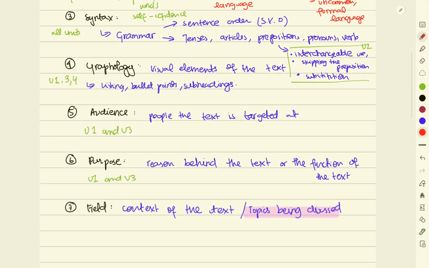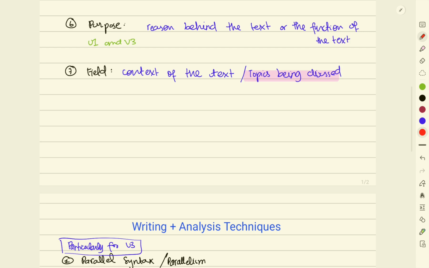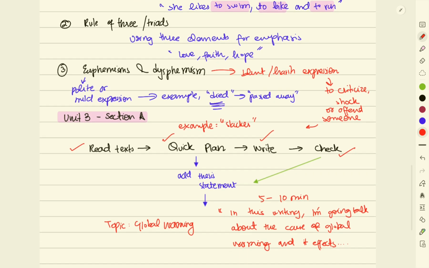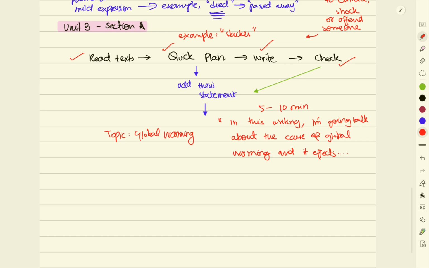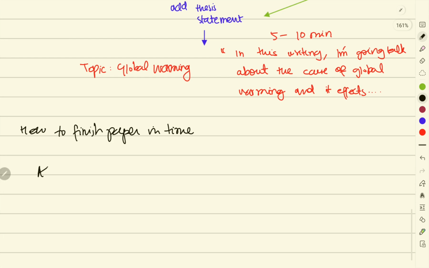That is basically it. Since we don't have much time, we can just quickly discuss how to allocate time, or how to finish your paper in time here as well. So how do you finish your paper in time? For AS students, first,